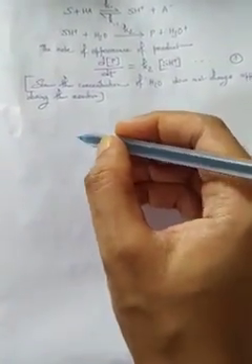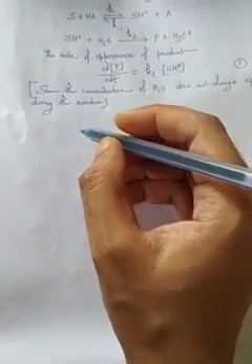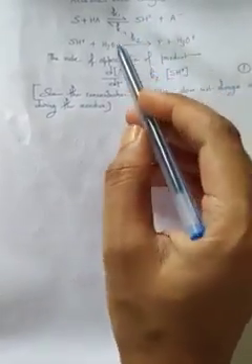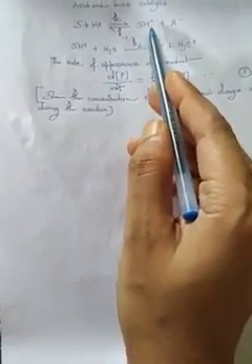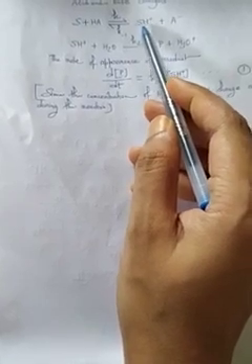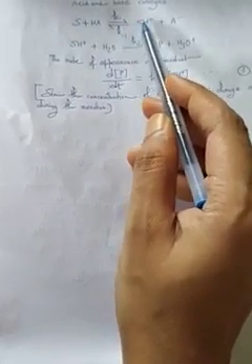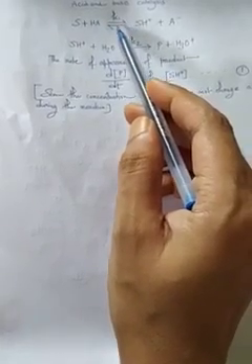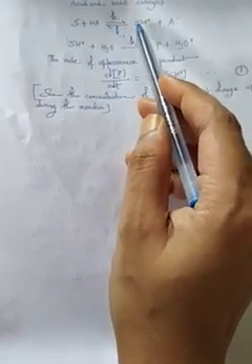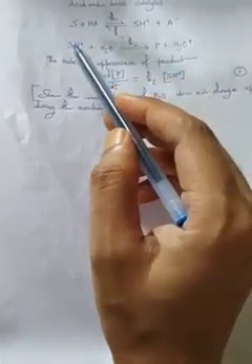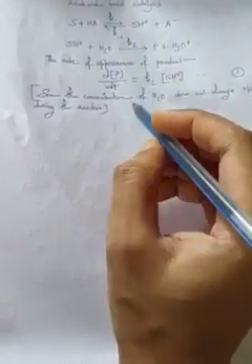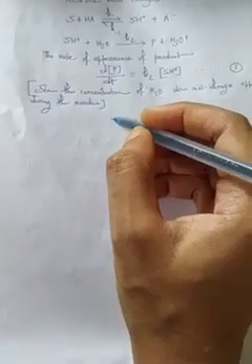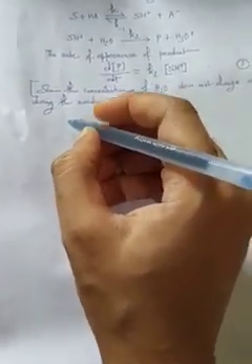Now we are going to apply the steady state approximation to SH plus. Since SH plus is an intermediate, now what is steady state approximation? SH plus is an intermediate. In this step, SH plus is produced. In the reverse reaction it is decomposed, and in the next step also it is decomposing. So if we apply steady state approximation, then